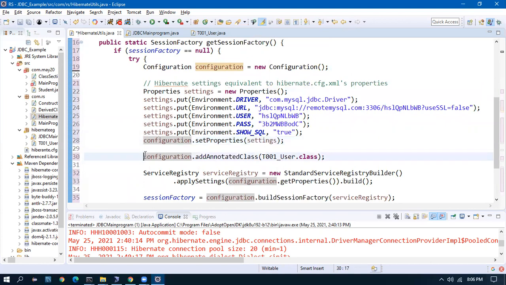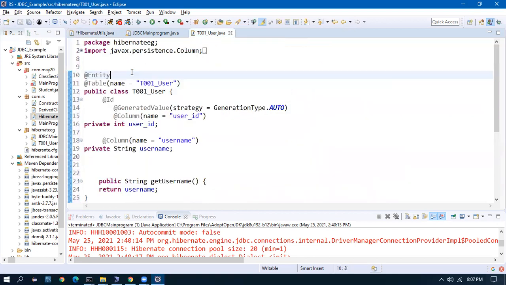And along with that, if you see, I have added one more thing, configuration.add annotated class, which is user.class, which means I'm telling this is the place I'm configuring that this class you have to map it with a database table. So I give the class name here.